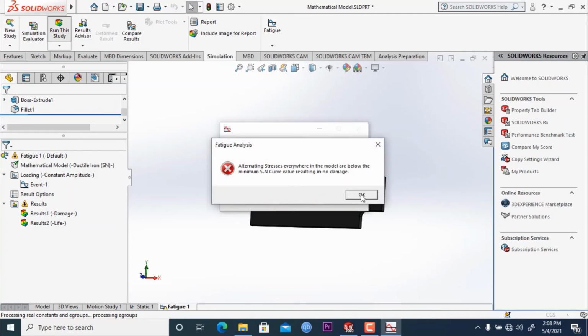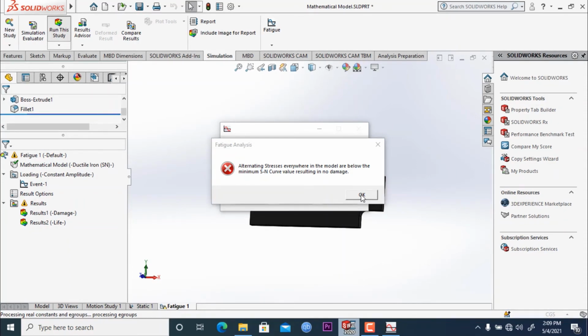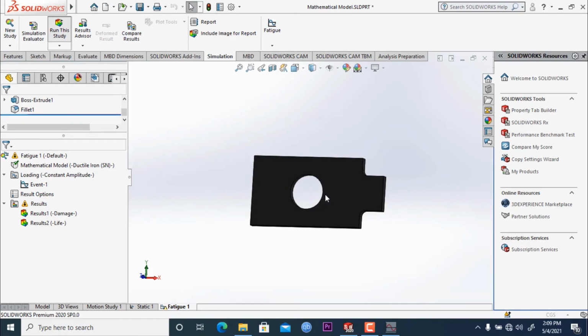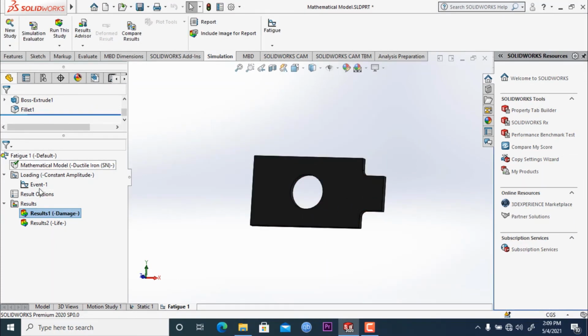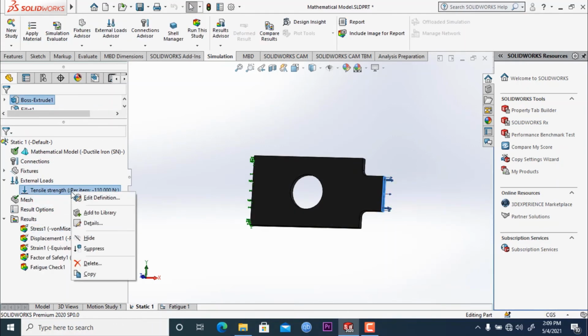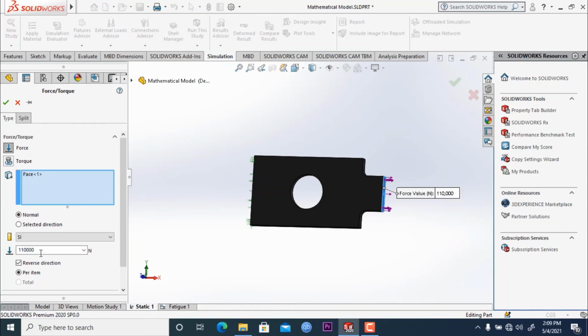Again, it's showing that it has gone below the minimum SN curve value. We'll click yes here. Let's go to static 1, edit definition and make it 150,000.